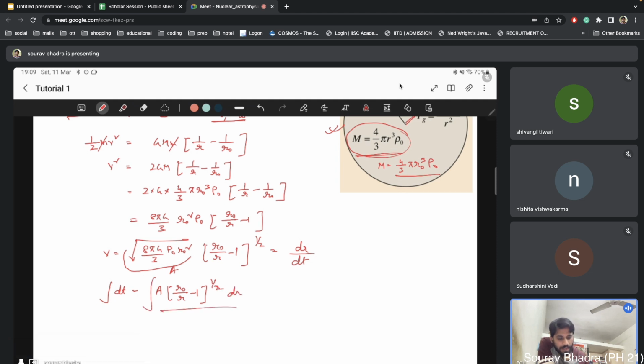And we are considering that the particle is coming from r0 distance to r distance at a time 0 to t. So that will give you t equals to,